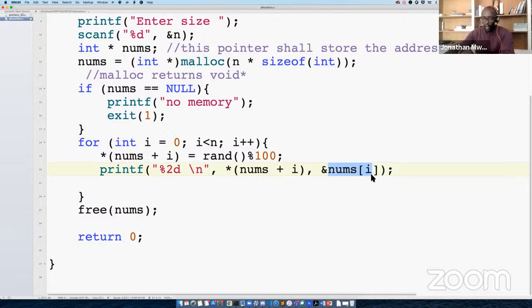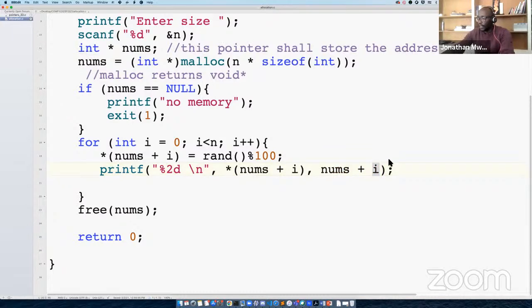Well, turns out, because we already know what these square brackets mean, we could remove this and just write nums plus i. And that is equivalent to getting the address. And how do we know that? Because nums here means the address of the first element of the array. So when we add i here, we're doing pointer arithmetic.